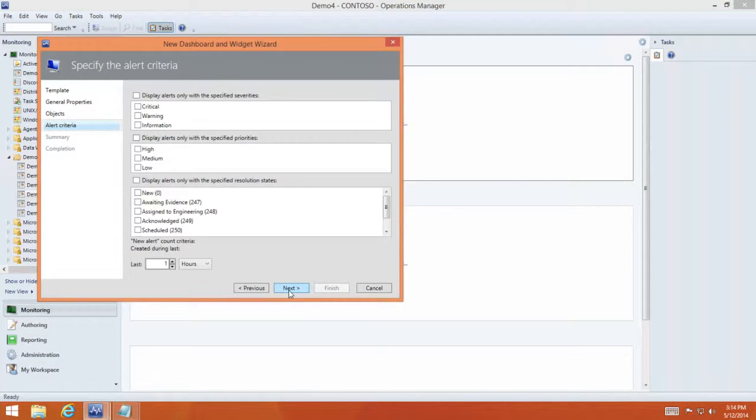page. And now this is almost the same page that we've seen before when it comes to the Alert widget. So in the context of our deployment, we are the only people that are looking at Operations Manager. So showing all of the alerts, I think, will make the most sense in this case. We'll do that by selecting all of the severities, all of the priorities, and almost all the resolution states. We'll exclude closed. And now there is a new section on the bottom of this page that says New Alert